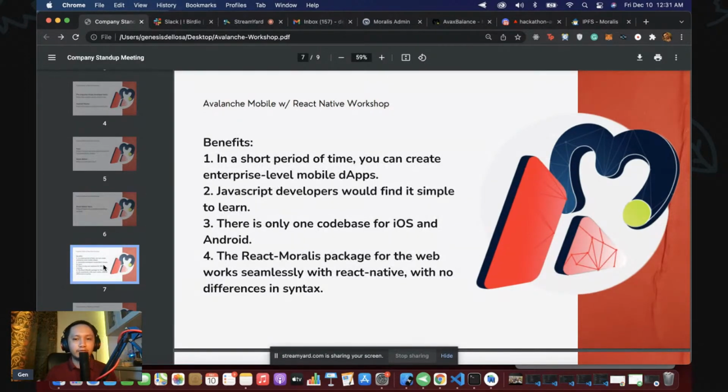The benefit of doing hybrid mobile development with your dapps is that in a short period of time you can create your enterprise level mobile dapps, and JavaScript developers would find it simple to learn. There's only one code base for iOS and Android, and the React Moralis package for web works seamlessly with React Native with no differences in syntax. So as you can see, all of the Moralis functions will also work with React Native,